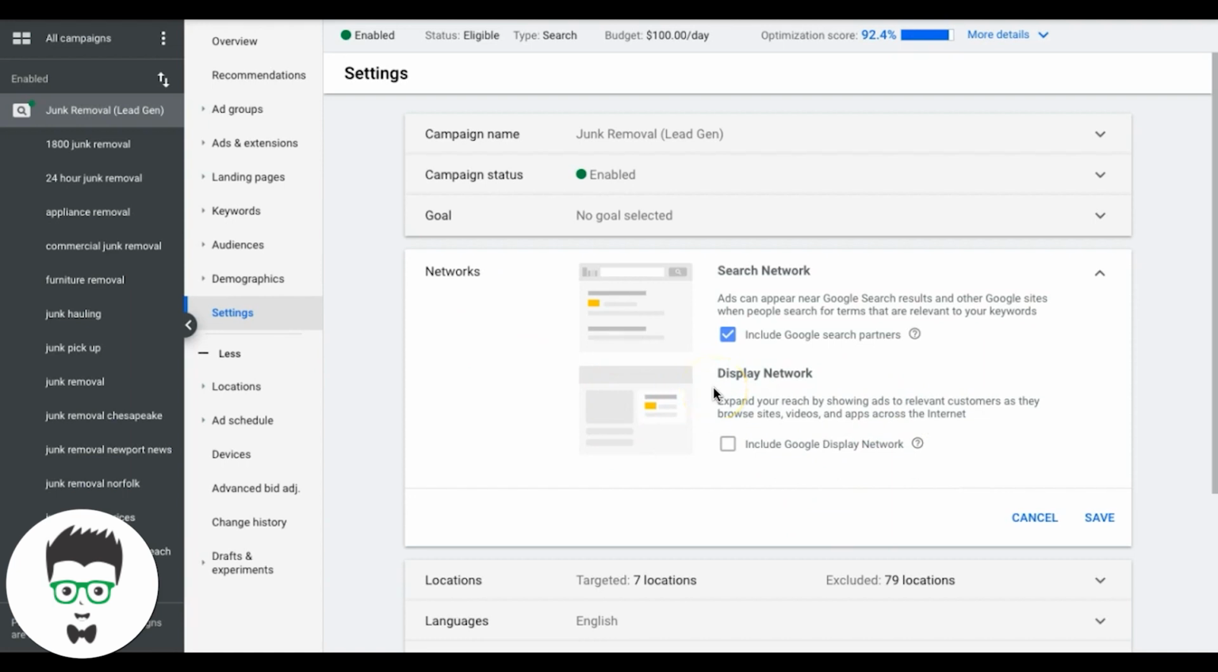So the moral of the story today is, guys, if you're running a lead generation campaign, if you're a plumber, if you're HVAC, if you're a limo guy, if you're a pest control, if you're a lawyer, anything lead generation style where you're trying to get contact form submissions or phone calls, I would highly recommend you stay away from Display Network. All right, Search Partners is okay, but just remember,